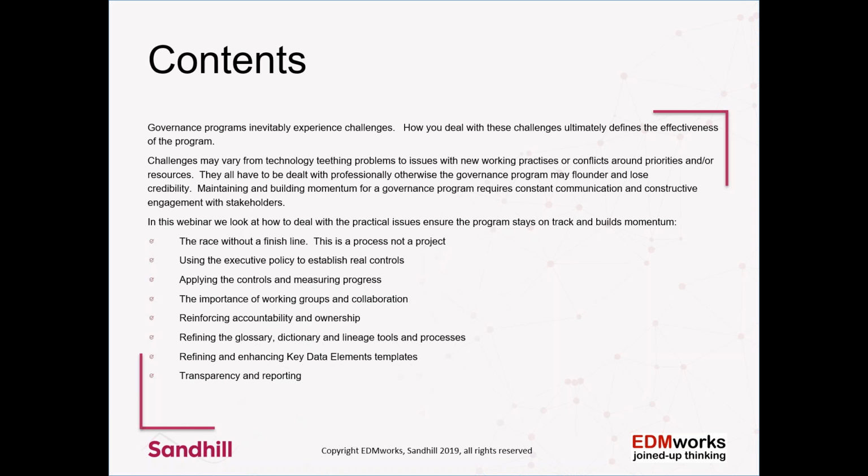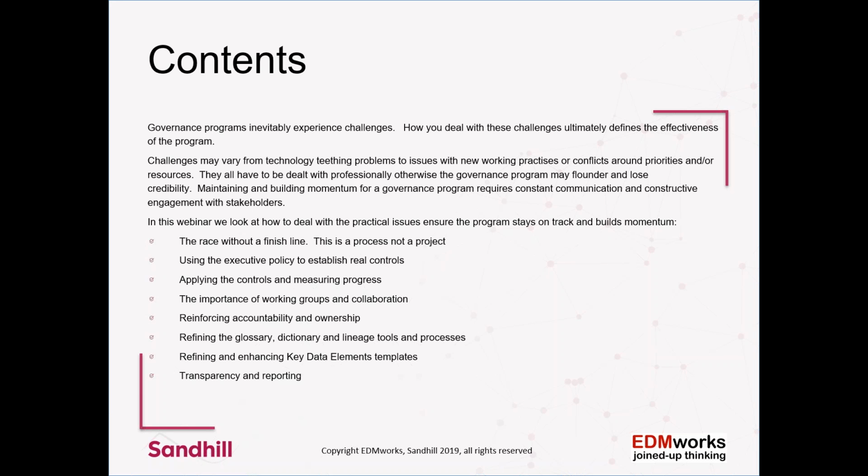Exactly as Jog said, this is the second part of a two-part webinar, and this is all about what we do with our strategy, having set it up, and how we need to focus on different aspects of it to get it driven forward. Some of those are things like we need to focus on it being a process, not a project, because governance is very much part of setting the whole organization up so that it gets itself into a state of continuous sustainable innovation, so we can deal with challenges, deal with change, and make sure that we can continue to innovate, move forward, restructure processes, get rid of legacy, all that sort of stuff. It's a process, not a project.